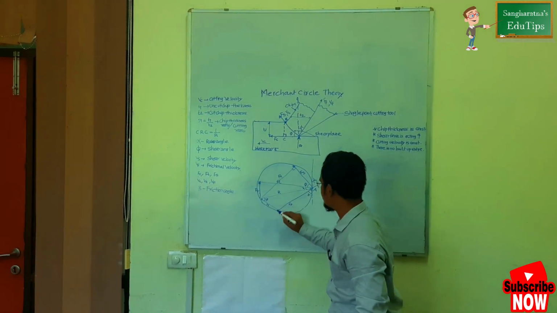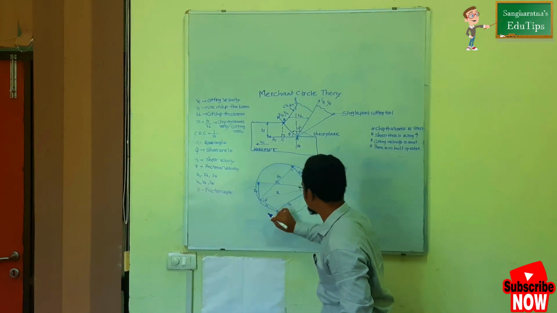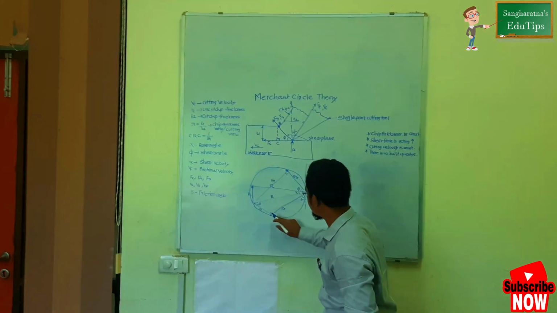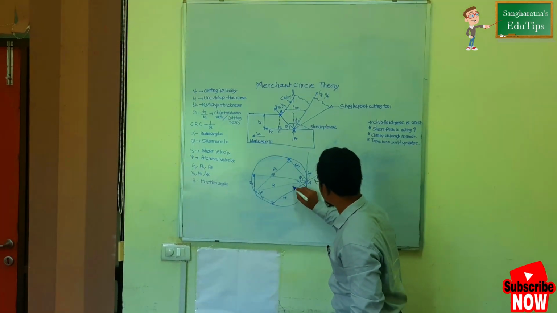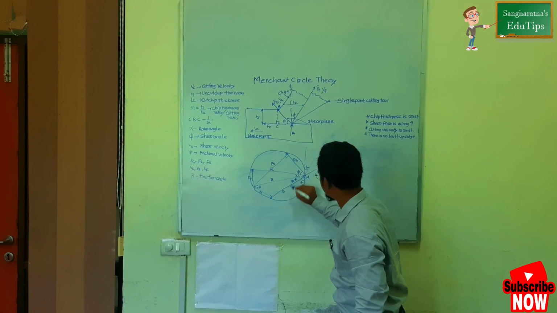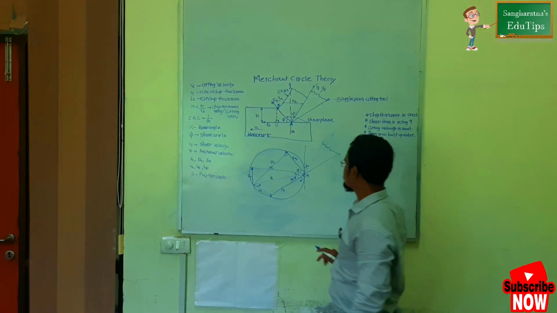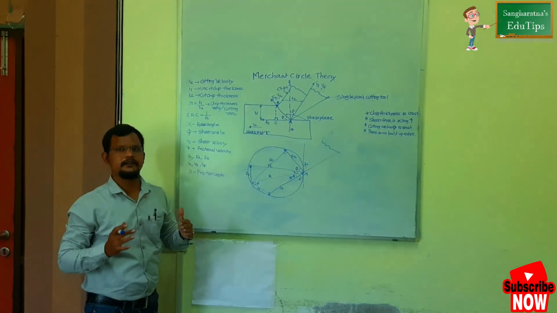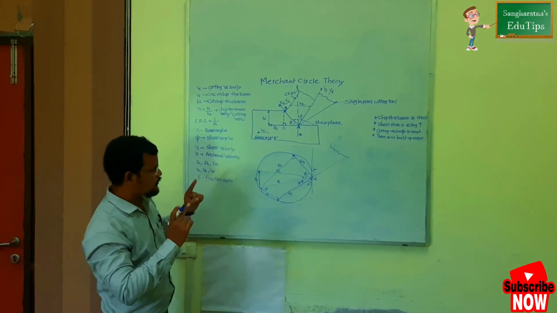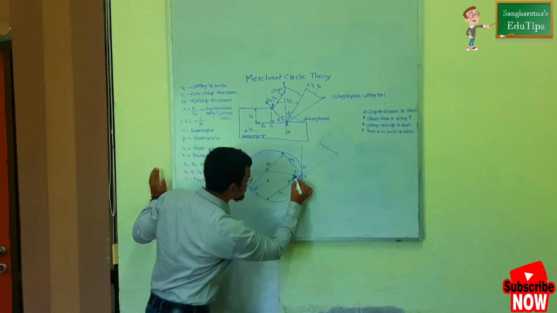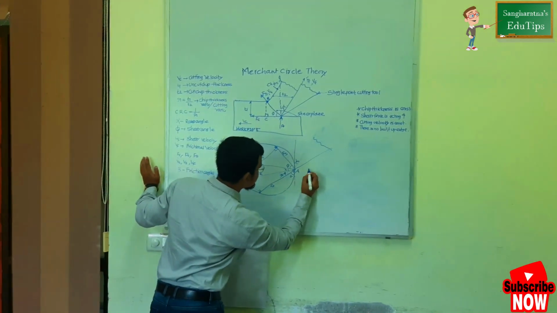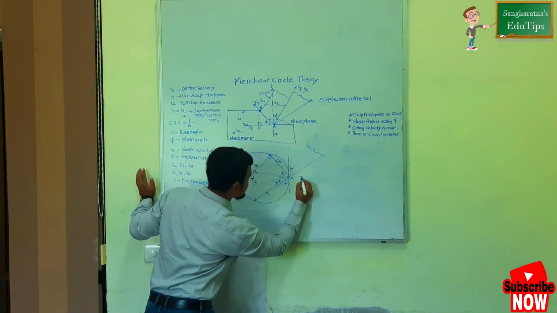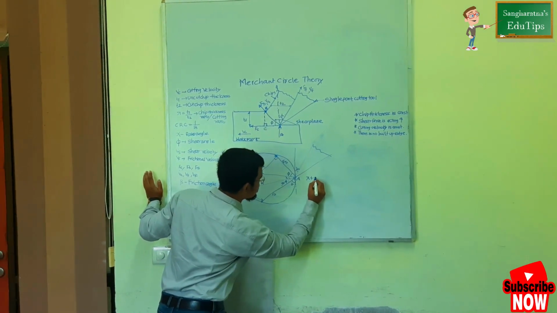So this is beta. Sorry, this is not 90 degree. This is 90 degree. So this is beta. This is 90 degree, so this angle will be 90 minus beta, right? So from this, see, every point will make an angle of 90 degree. You need to assume that every point, at this point it is making an angle of 90 degree. So from this we can easily calculate x plus 90 minus beta